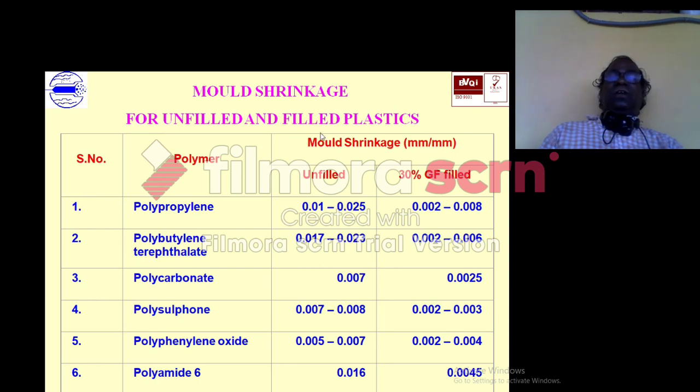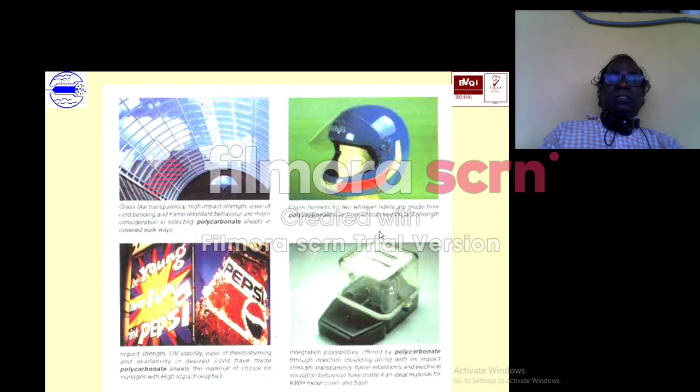So you will find that the filled material shrinkage will be very, very minimum compared to unfilled material. That is a normal procedure. Filler will reduce the mold shrinkage, as well as if you use it at higher temperature, that shrinkage also will be less if you go for glass fiber or mineral fiber or any type of filler material.